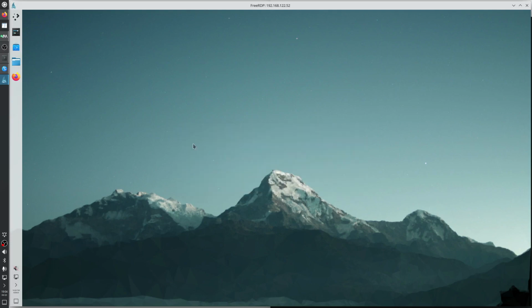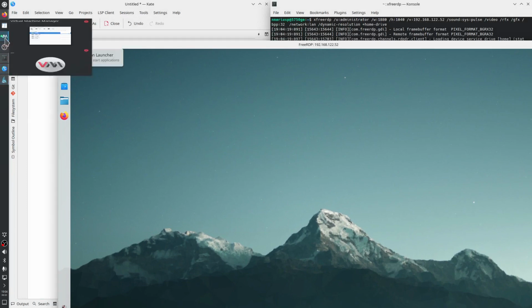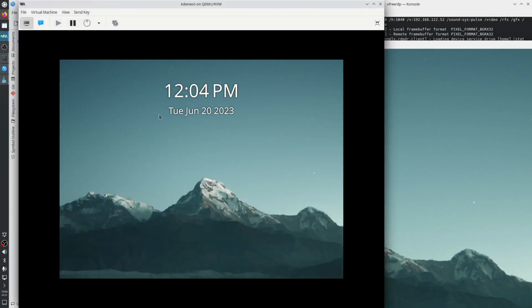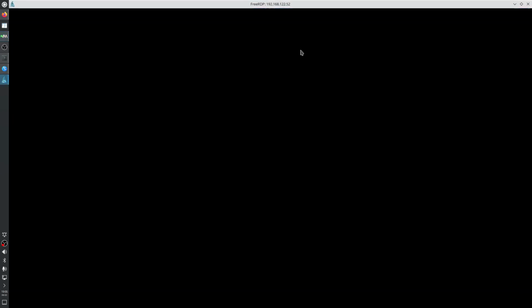Okay, so it has started, it has connected. So this is the client application, which is FreeRDP. This is the virtual machine where the RDP server, XRDP Xorg XRDP, is running. I'm not going to use the virtualization machine software to connect to the virtual machine. Instead, I'm going to use RDP because I have many